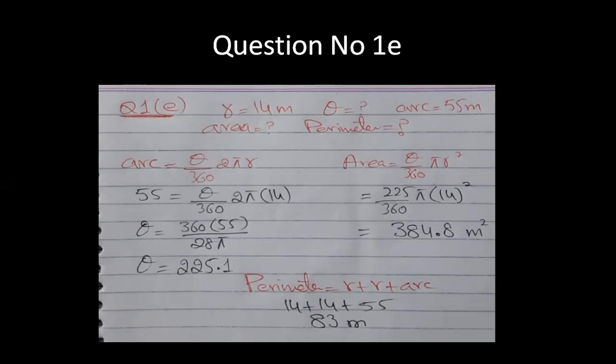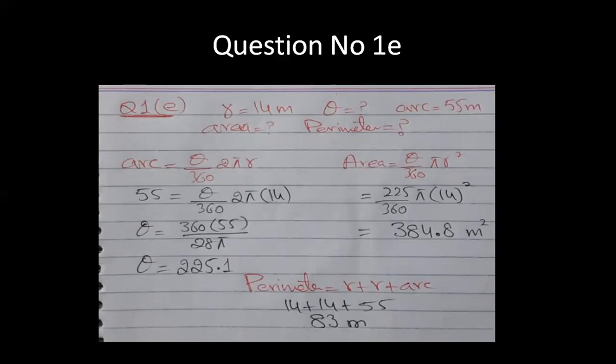This 360 will go to the other side. It will multiply there. This 28 pi will go on the other side. It will divide there. So theta will be equals to 360 multiply 55 divided by 28 divided by pi. And theta will be 225. So once you know the angle at the center and you know the radius, you can find the area